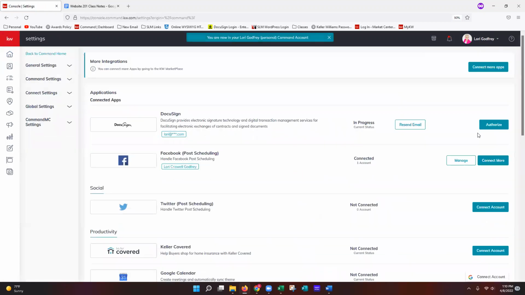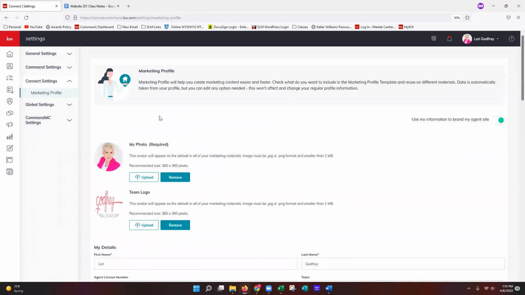And this may be familiar to most of you. You may have come in here and made edits already, which is completely fine. We're just going to make sure everything is good to go. Once you guys are on this screen, we're going to go ahead and click on Connect Settings. And then we're going to see Marketing Profile is nestled right underneath that. Once we click on marketing profile, again, this will likely look pretty familiar to most of you. This is where all of your marketing, all of your branding is going to pull from for all of your